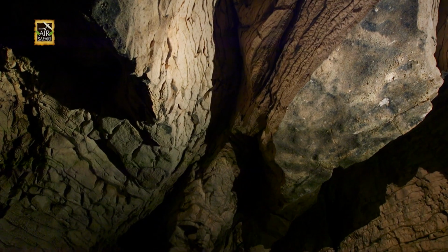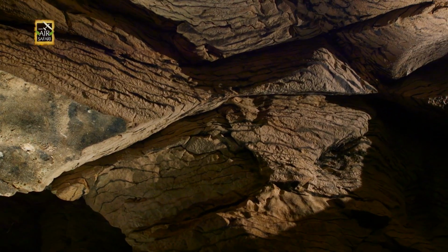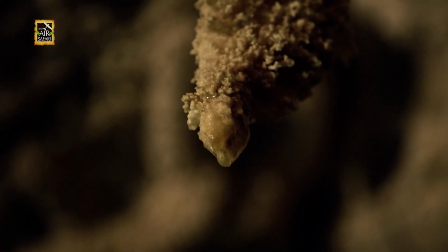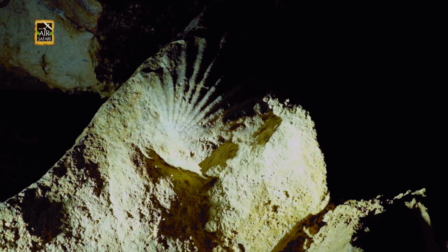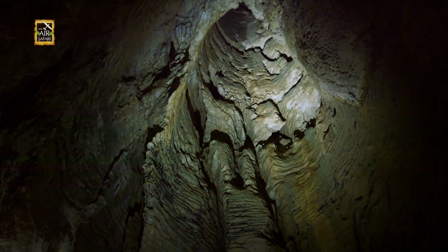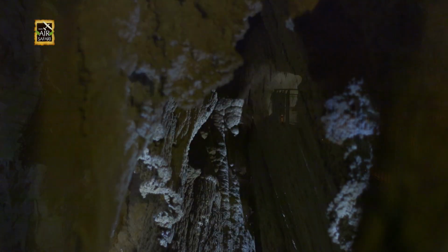We've got silt deposits in the wall here, traced back to different volcanic eruptions. So it's like an archive, you know, it can give you a lot of information about what was happening many thousands of years ago. The cave used to be part of the sea, and fossils of shells can still be seen in the rock. And in this dark and desolate place, you would think that life would not exist, but